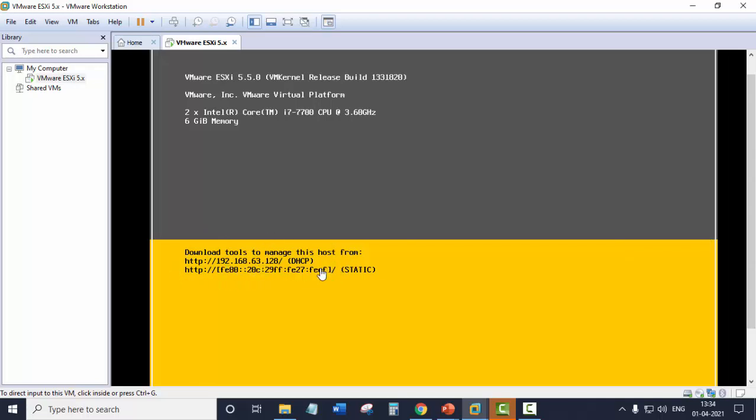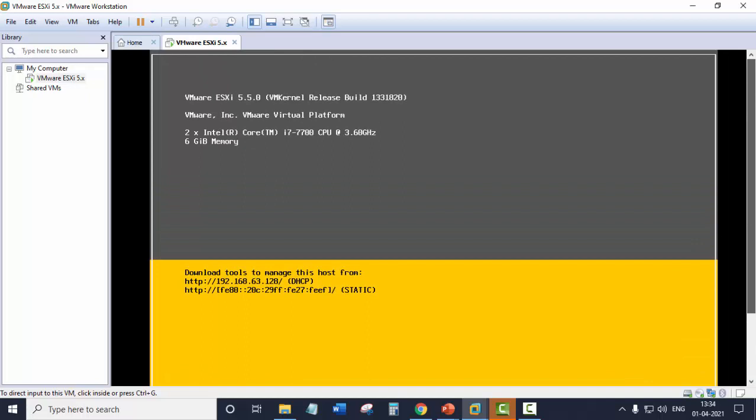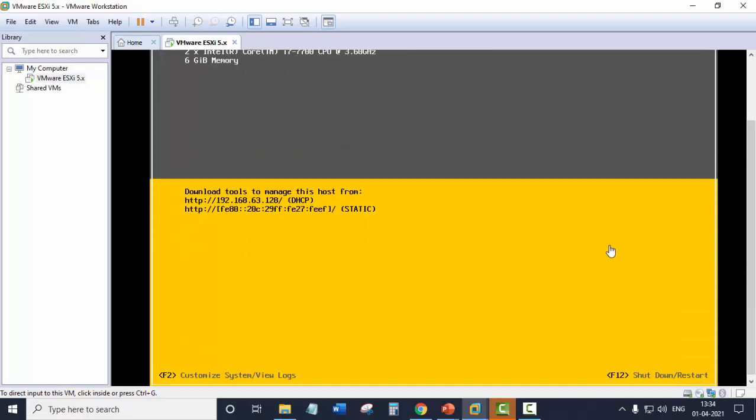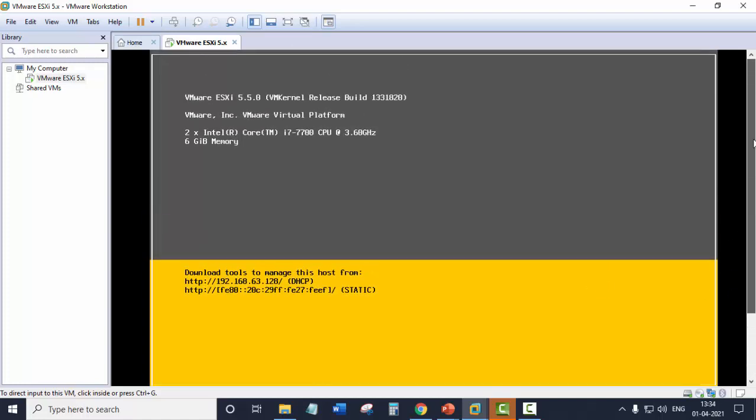The server is in DHCP mode. It shows you the configuration of your system, and the memory allotted to this system. This is the only thing that you see on the dashboard of VMware ESXi. It doesn't have any GUI, so everything you see is just this dashboard.